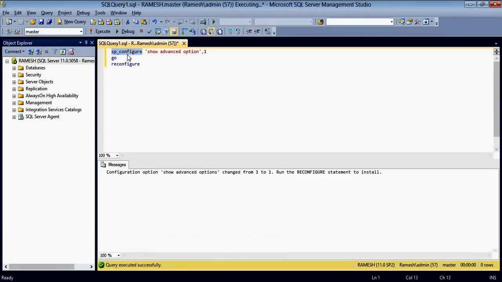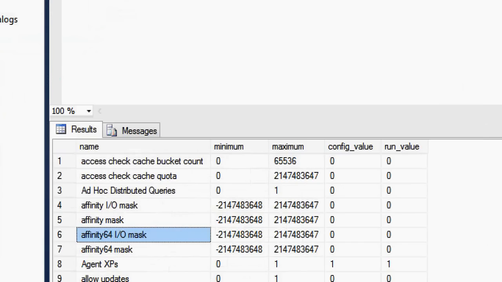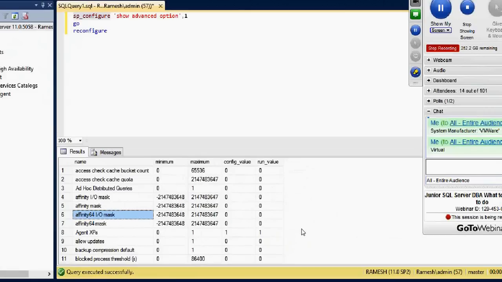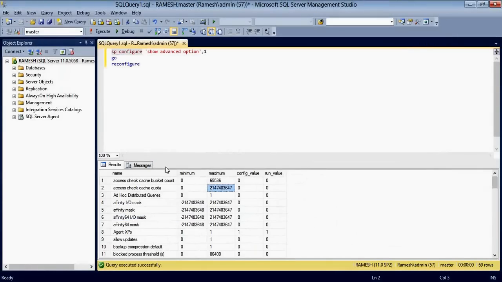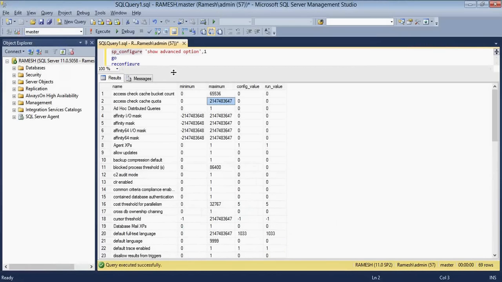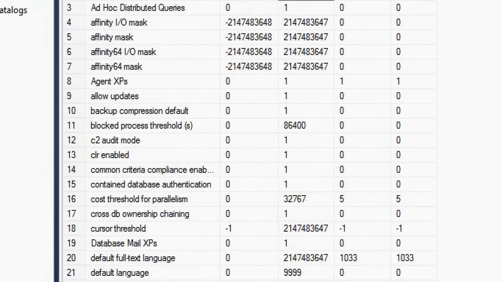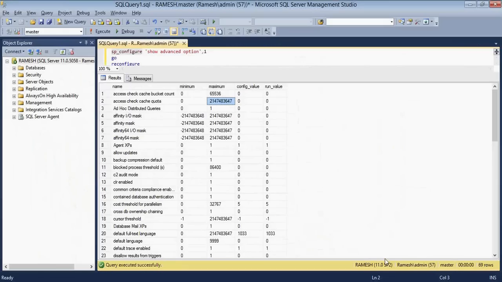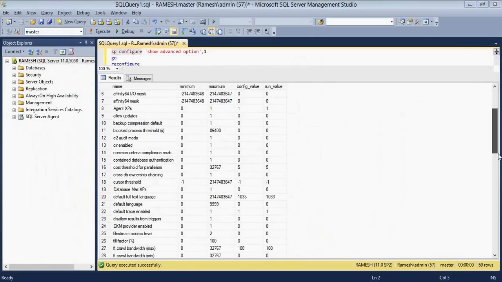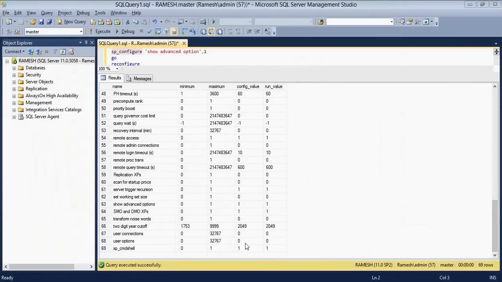Now when you run sp_configure, here you can see xp_cmdshell.